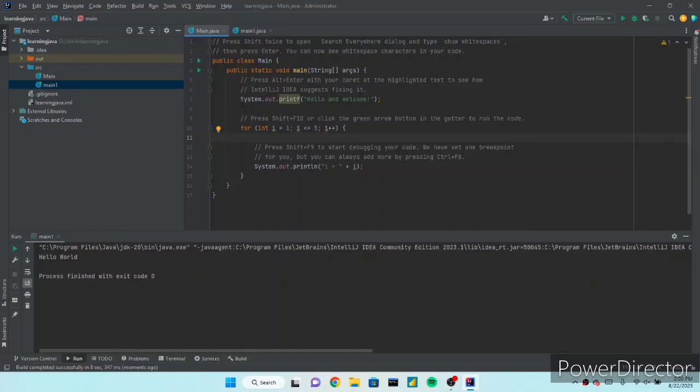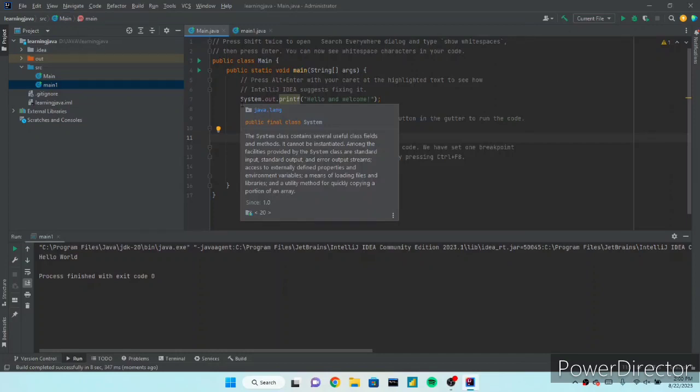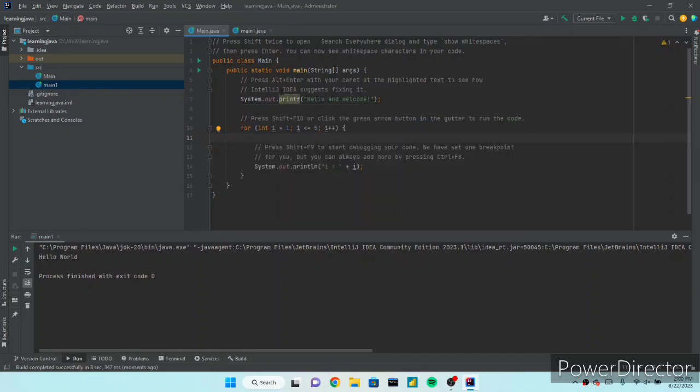Now I am showing you the template that the project will provide you in the beginning. As you can see here, the project shows how you can print your hello world and basically the syntax that you want to print.